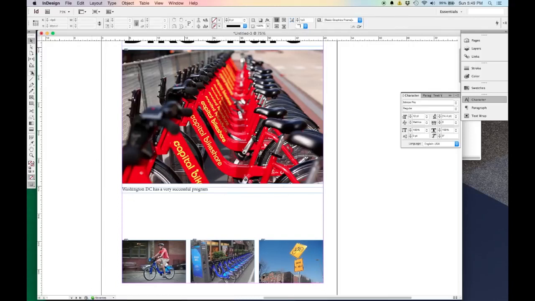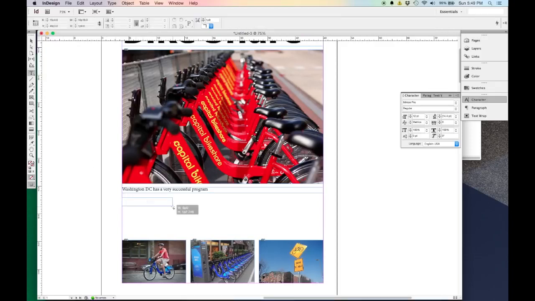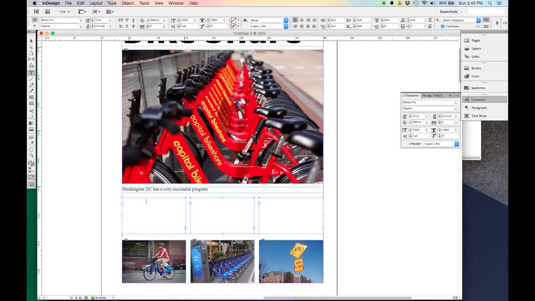All right, now let's say I wanted to drop in some more text. I'm going to select my type tool and click and drag the whole width. And again, using my right arrow, I'm going to hit my right arrow twice to make 3 text boxes. So now I have 3 text boxes. And if I had some text,